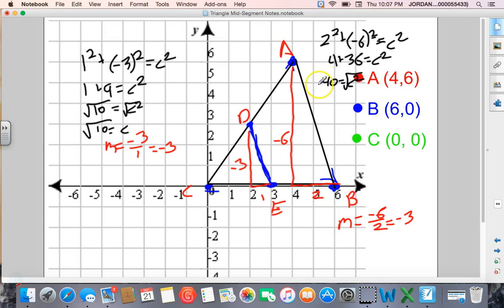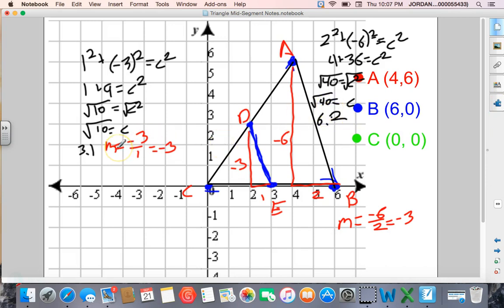Take the square root to get C by itself, and we get the square root of 40. Now when you type this in the calculator, you should get something like 6.4, I think, 6.4, something like that. And type in this, and it should be like 3.1, maybe it's 6.2. Yeah, I think that's actually 6.2. So this is going to be 6.2,